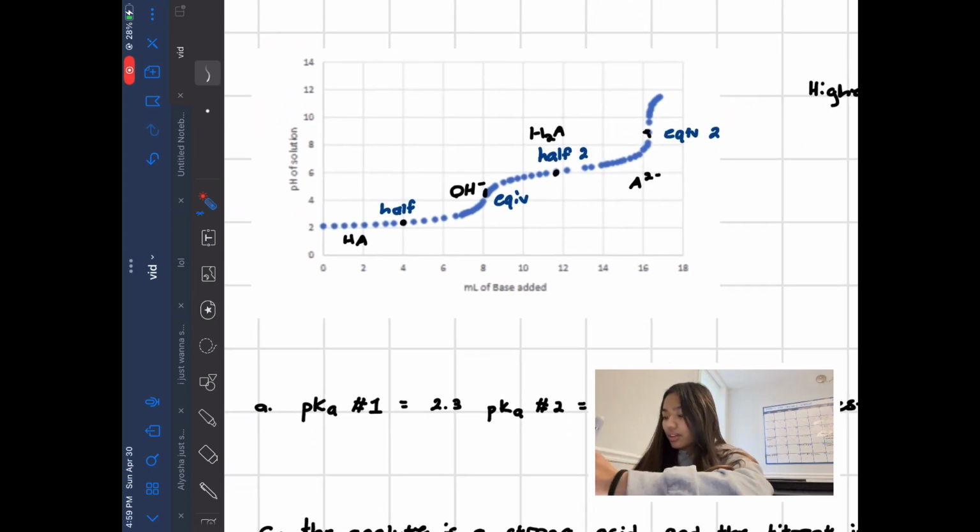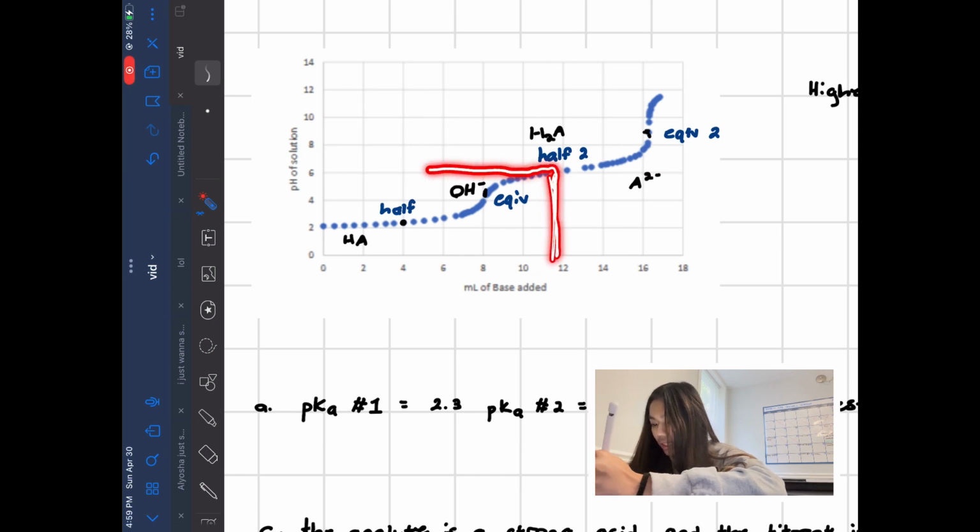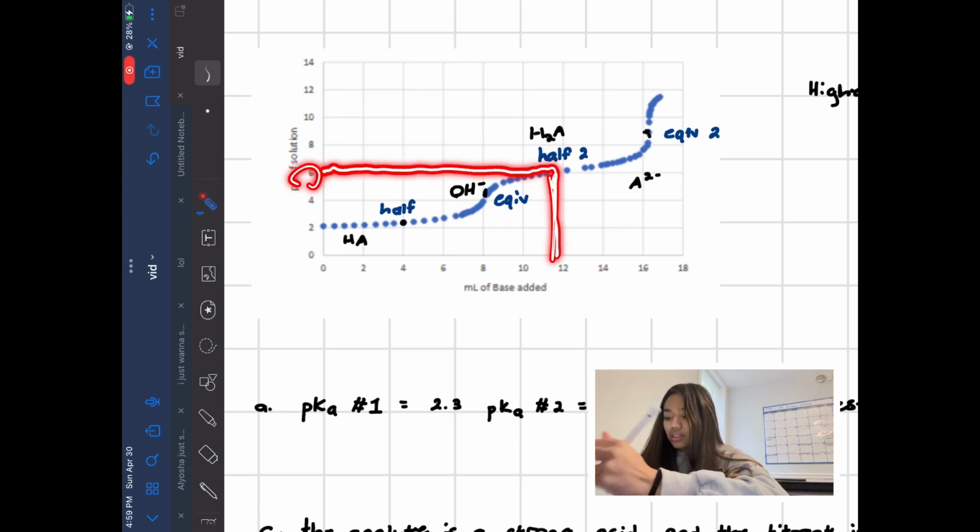And our half equivalence point for the second one, I got it from 16.3, and I have that right here, and that would be a pH of 6, which means our